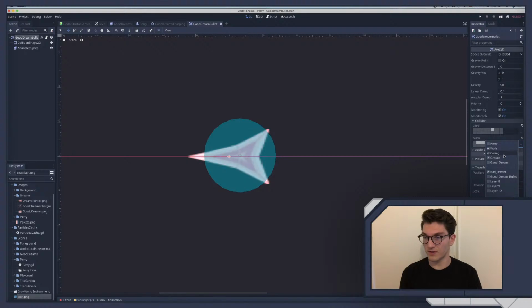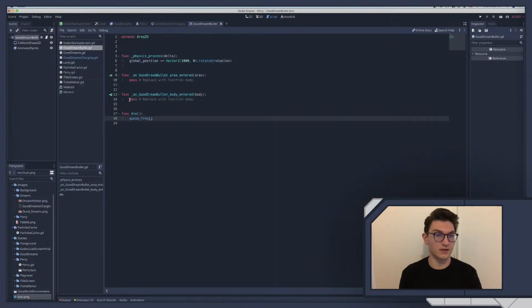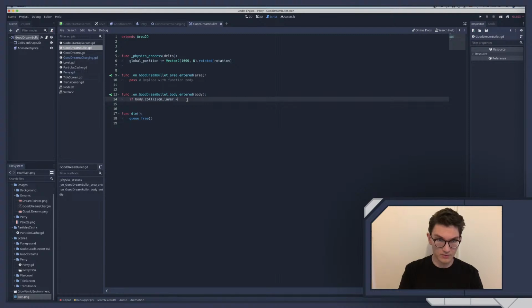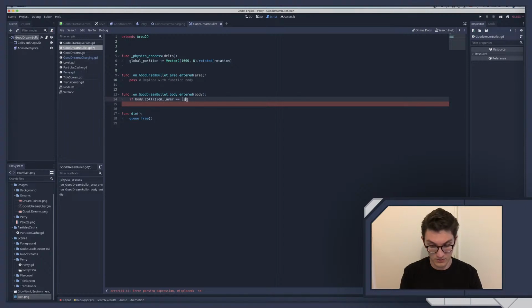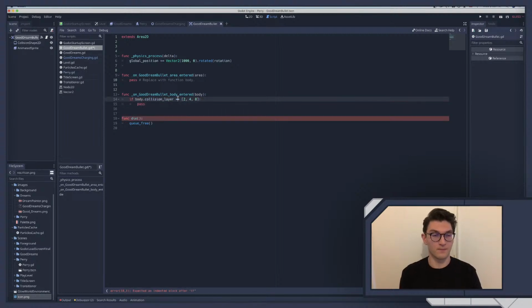So we're going to say if value equals... why is it not working? Value equals 2, 4, or 8. Dot collision layer. So here we can say if body dot collision_layer equals, and then we can make an array here, 2, 4, 8. Essentially the reason we make the array is so we don't have to go collision layer equals this, or collision layer equals this, or collision layer equals this. So we can just do that. So basically if the collision layer is in this list,